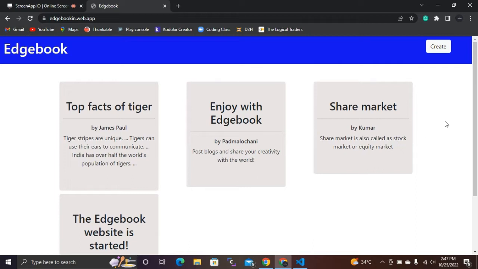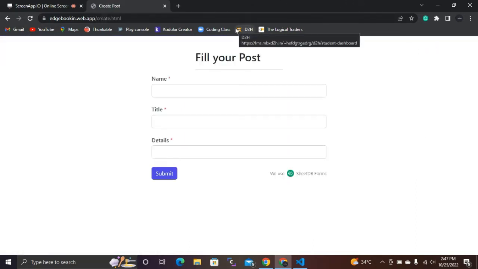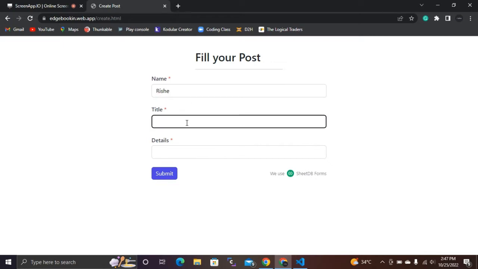Also, if you want to create a post like this, you can click this create button. Then you will be redirected to a new HTML page, fill in your post like that. This form is not created with HTML, it is powered by sheetdb forms, and you're going to fill in the name. I'm going to fill in the name as Rishi, and the title as coding,